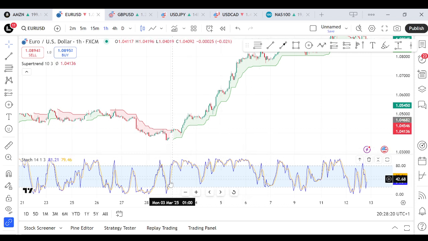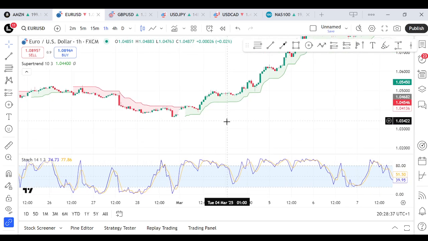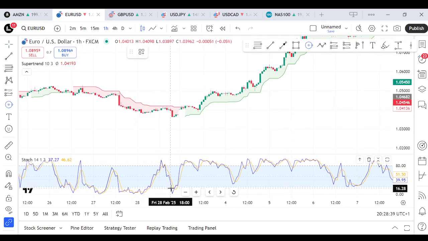The percent K line is the blue line, while the percent D line is the signal line, which is the orange line. And this should happen in the oversold area below 20. So this crossover signals that momentum is shifting in favor of buyers. And if you zoom in, you see the cross here. We have a cross right there